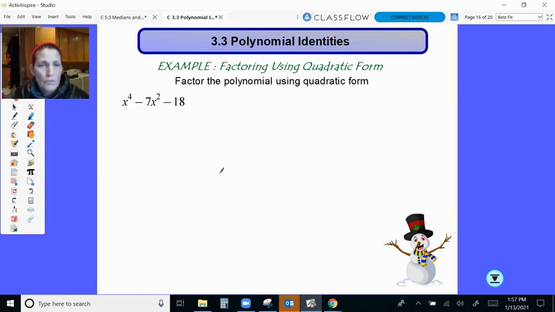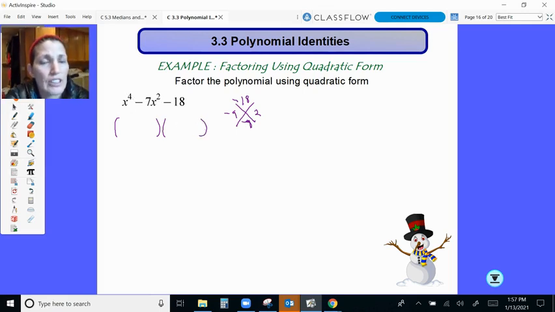Instead of using the substitution method, we'll just say, hey, I've got a quadratic form here. I know this power of 4 and this power of 2 is half of the 4, so that's a quadratic form. So I'm just going to factor negative 18. Factors of negative 18 that add up to negative 7. Negative 7 is going to be negative 9 and a positive 2. So I know that that's going to be